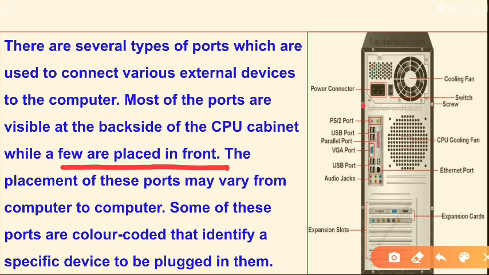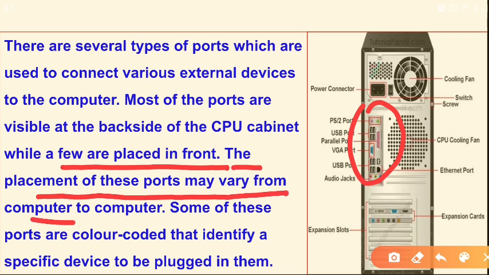So some ports are at the back and some ports are at the front. It depends on the type of cabinet that you purchase or use. The placement of these ports may vary from computer to computer.